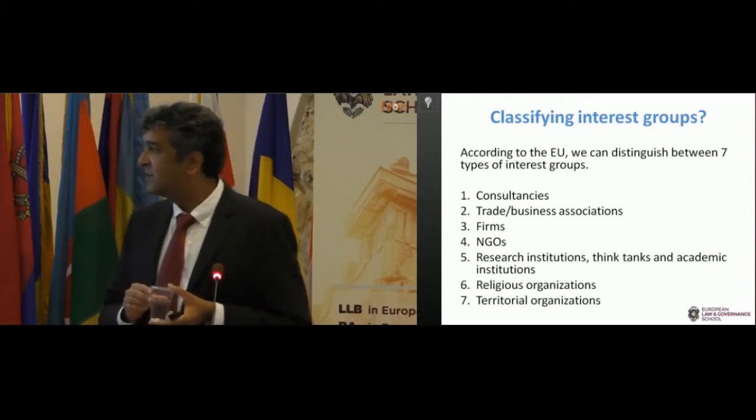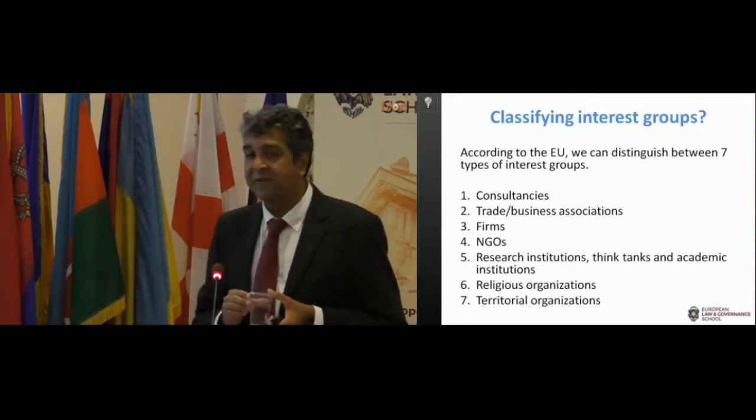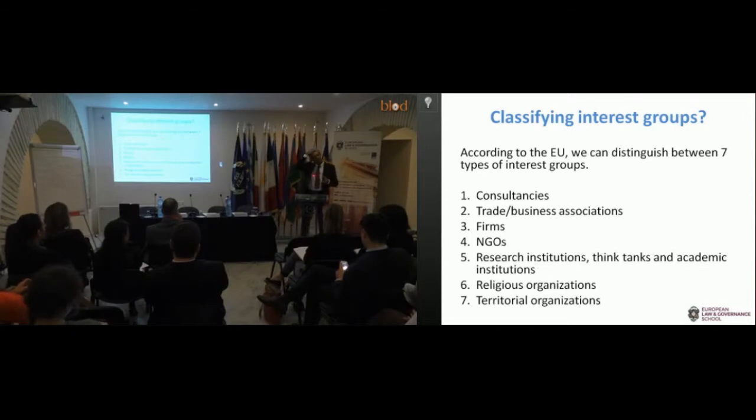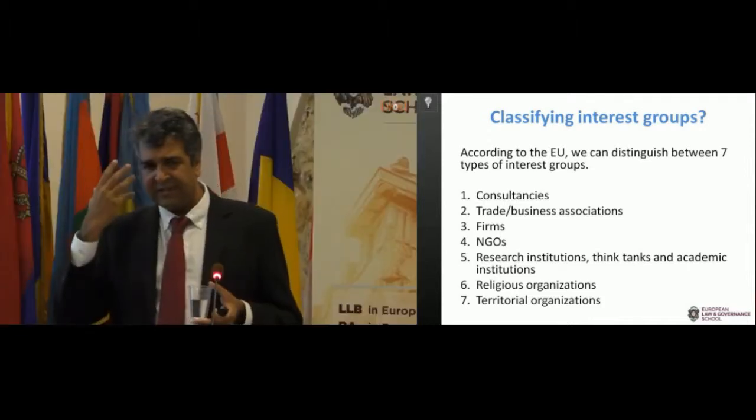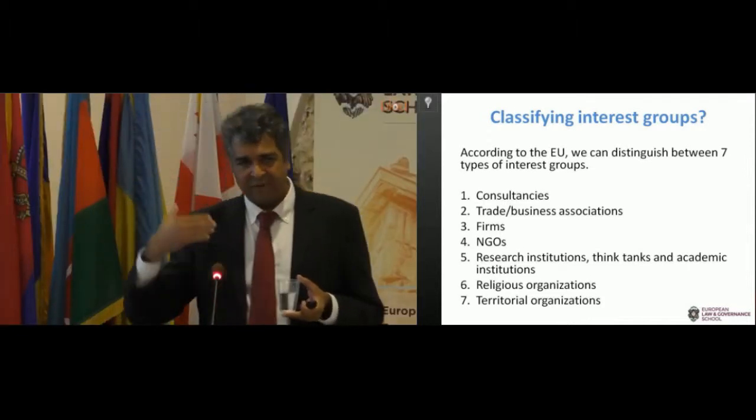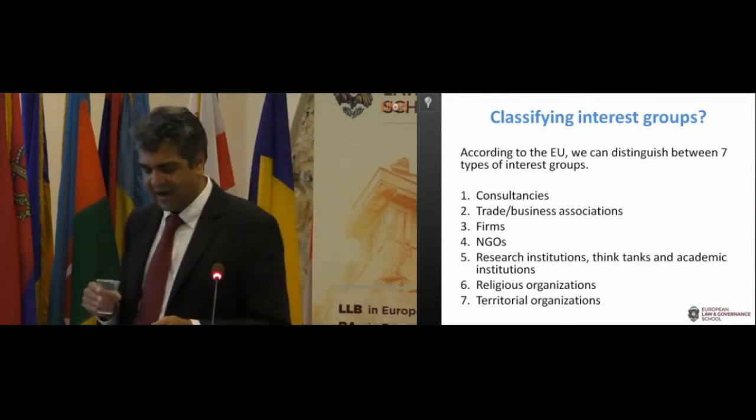Okay? And of course, we have different NGOs, non-governmental organizations, also referred to as civil society organizations, that are involved in lobbying. And then we have categories 5, 6, and 7, which are relatively more minor: research institutions, think tanks, religious organizations. The EU also considers territorial organizations. I think that wouldn't be part of our conceptualization of lobbyists generally, but we include it there because they put that